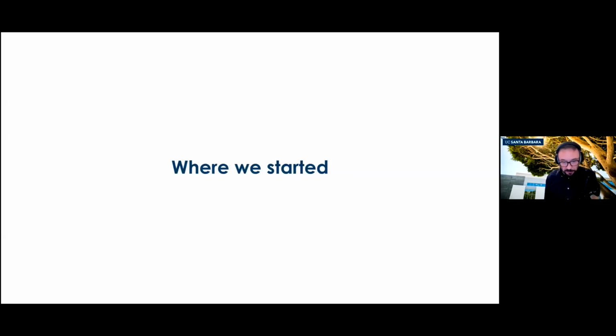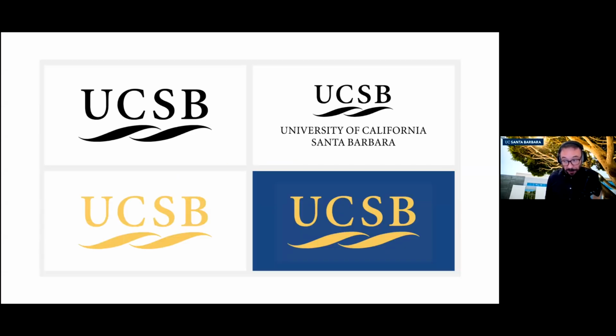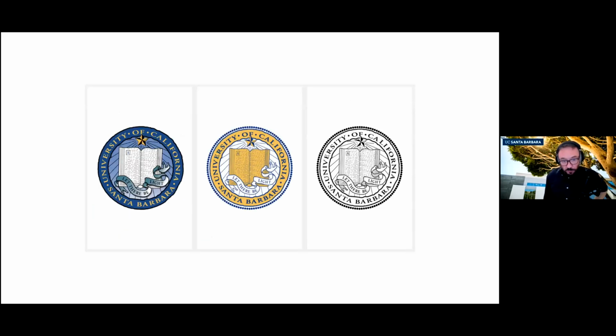This is where we started, and this is probably before most of your time here. You may recognize this. You may have never seen it. This is what we referred to as the WAVE logo, and this was the logo that UCSB had for, gosh, I don't even know how many years. I've been here 5 years, at least 20, 25 years. We had this identity system. Of course, we have the University of California, Santa Barbara seal. We still maintain that seal.